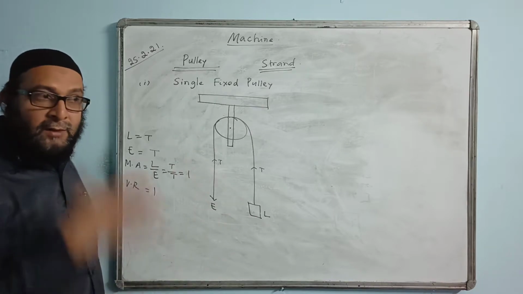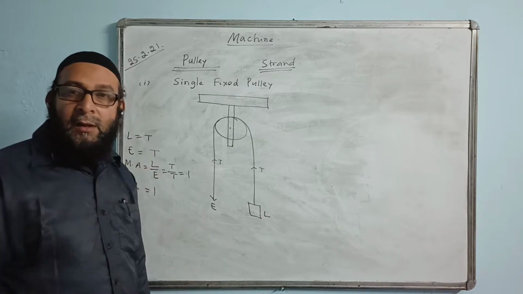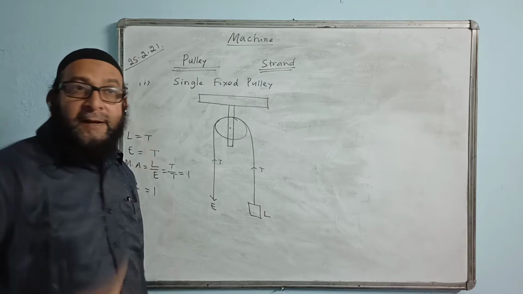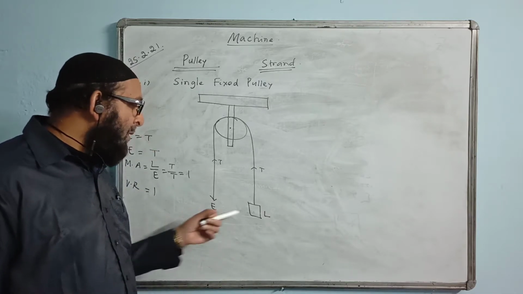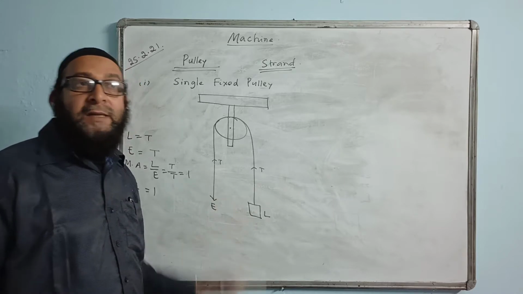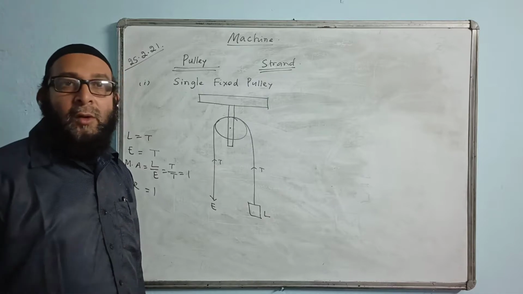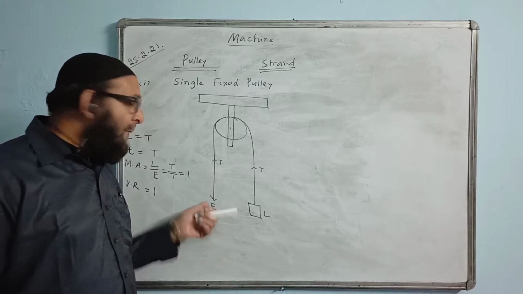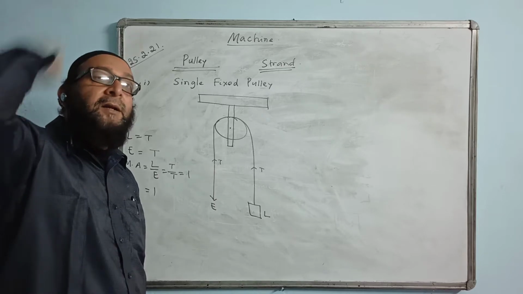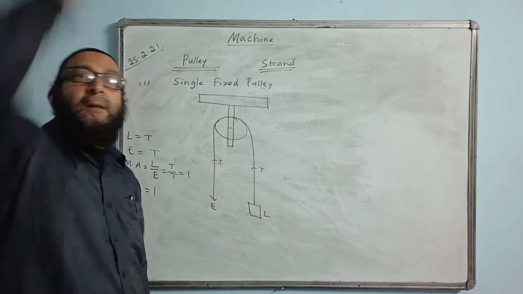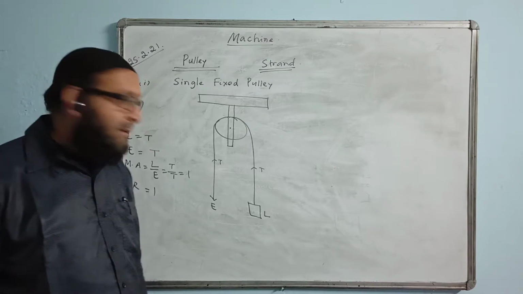Why do we consider the downward direction of effort convenient? The reason is that it is towards gravity. One can put one's body weight as an effort, and another advantage is we can lift the load up to a desirable height, up to the height where we want to reach the load. If we apply the effort in the upward direction, we cannot lift the load up to a desirable height. You can lift only up to where your hand goes. You can't lift more than that.